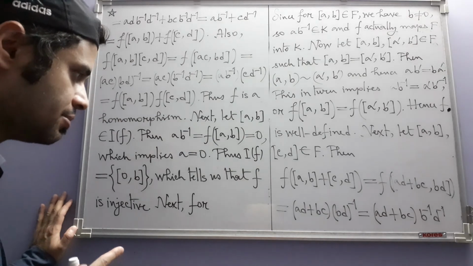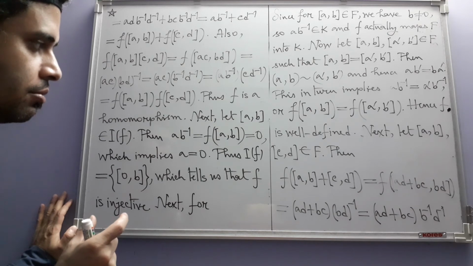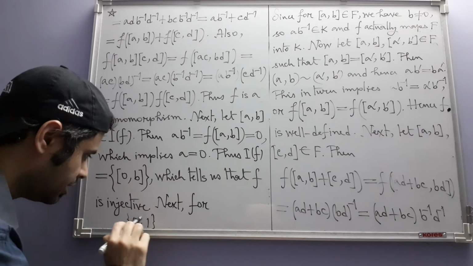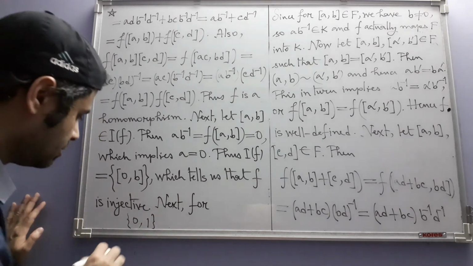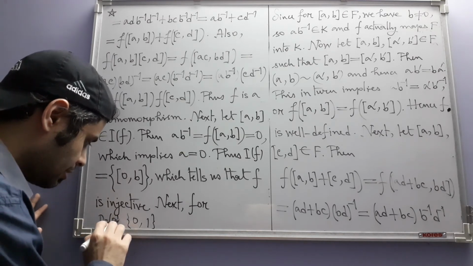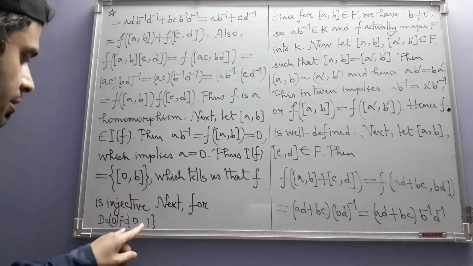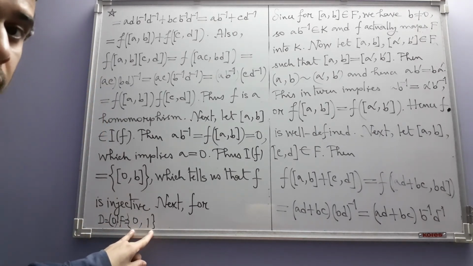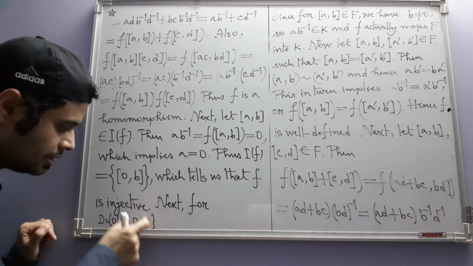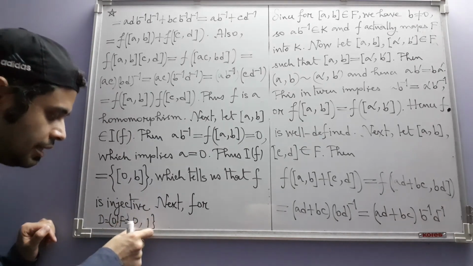If D is 0, then the field that we have considered is the field of two elements. Do you remember the beginning of the proof that we had previously? If D is the zero integral domain, then the field in which D can be embedded is actually the smallest possible field, which has two elements,